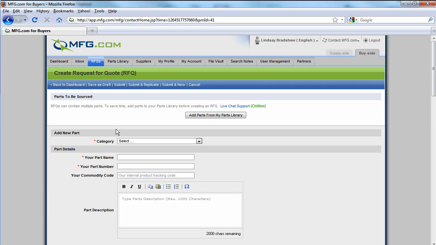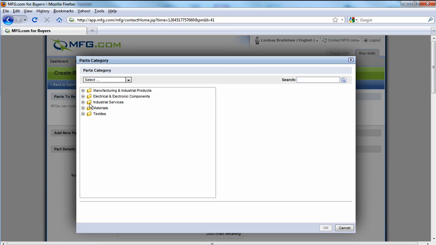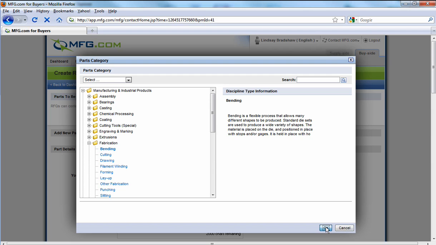So let's go ahead and move to the category, and let's select our manufacturing category. Let's move forward and select Display All Categories. And let's say that this is going to be a fabricated part, so let's go ahead and select Fabrication, and we'll choose Bending. Let's select OK,